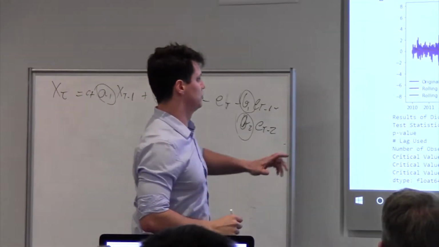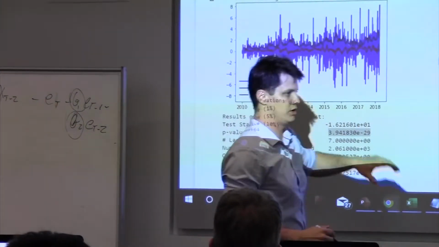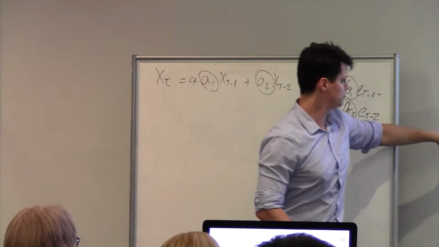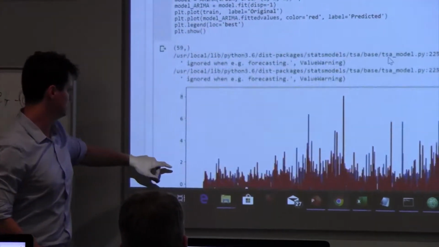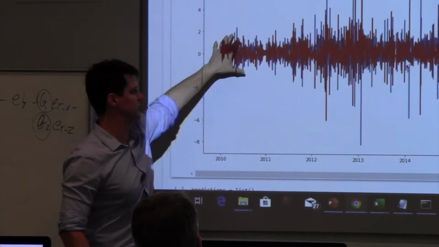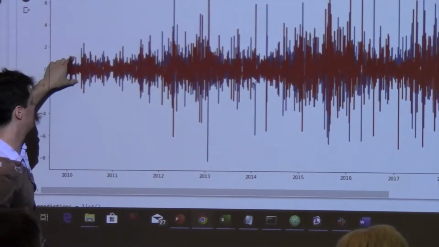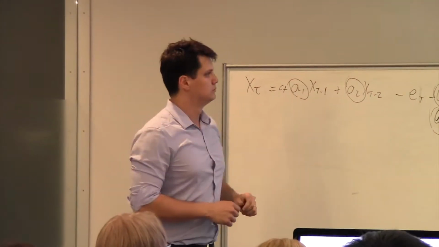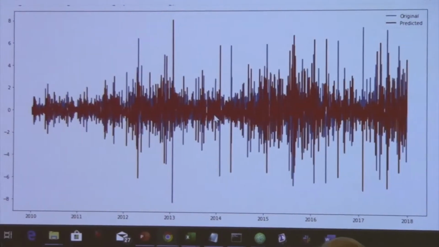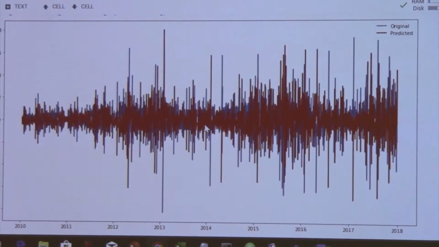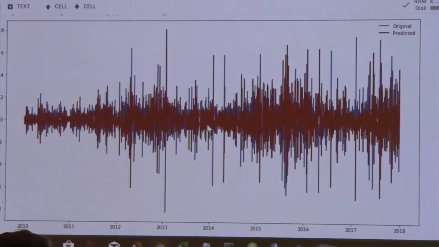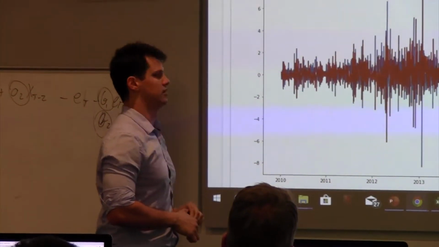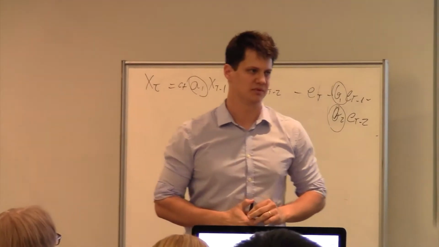Okay, so that's stationary. So we did the ARIMA model. The ARIMA model is this one, and we found these coefficients here. And now we're going to make the prediction. Here we have the previous series, and we have what the ARIMA model predicted as the price. Ram is not here, unfortunately, but last time he mentioned that there are some models that actually grab this value. So this model here more or less, it's there. There's something there. I wouldn't bet on it.